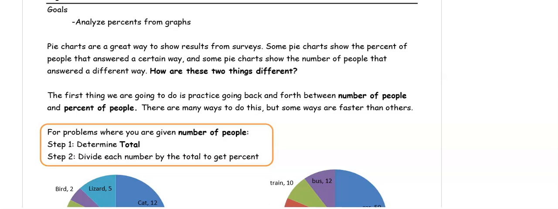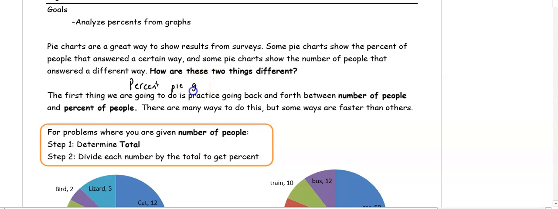This video is about analyzing percents from a graph. Pie charts are a great way to show results from surveys. Some pie charts show the percent of the people that answered a certain way, and some pie charts show the number of people that answered in a different way. These are different because a percent